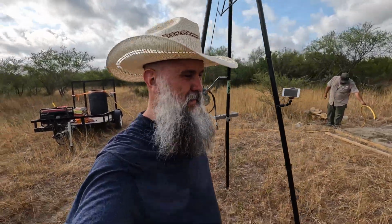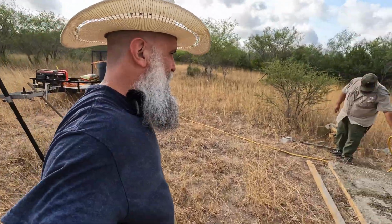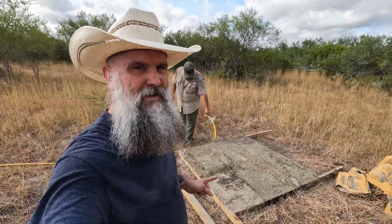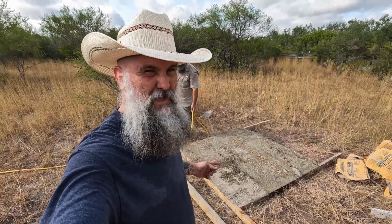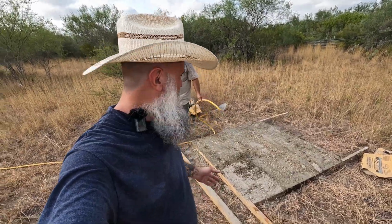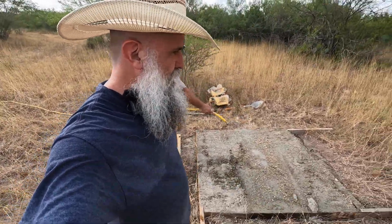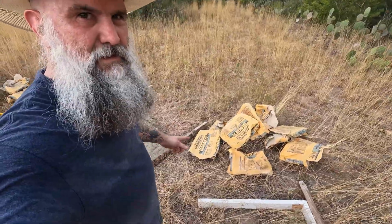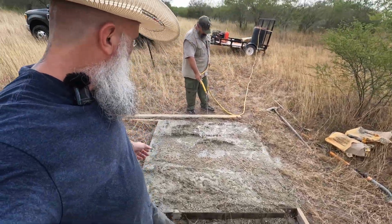Time for an update. Not bad, not the greatest. Won't get any contractor jobs out of this one, but it's gonna get the job done for what we need. So again, at the 5x5 we used about 15 bags of quickcrete ready mix cement. Just spread it out, put a little bit of mesh in the bottom,